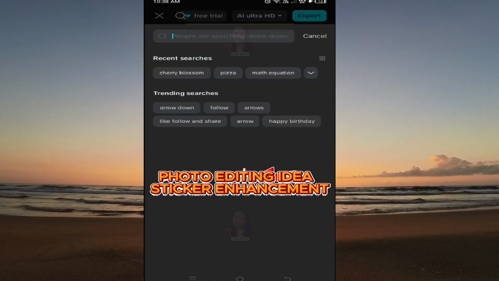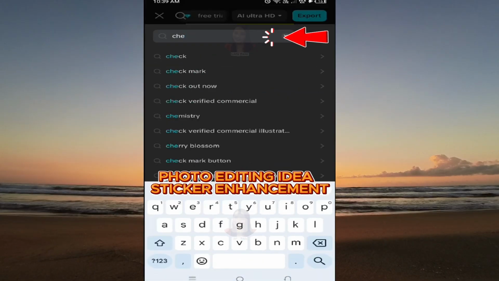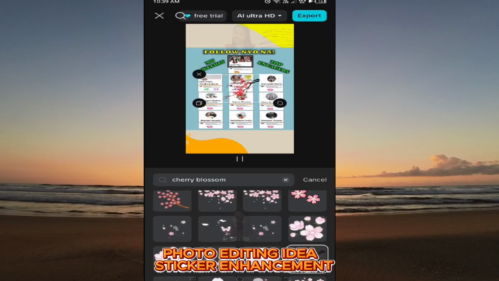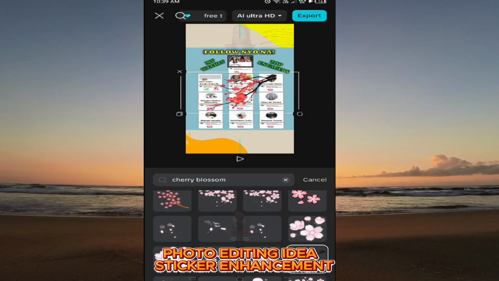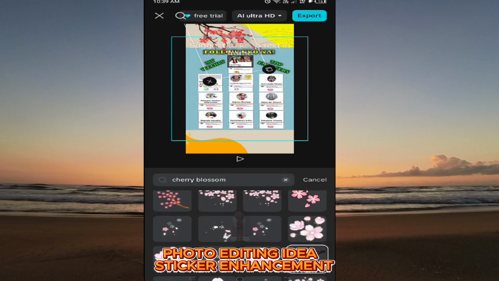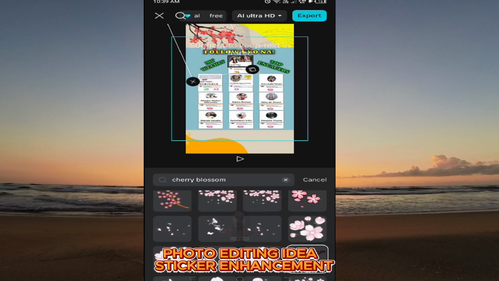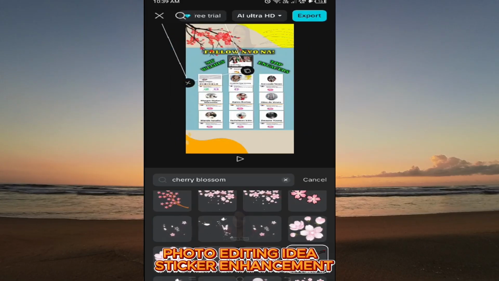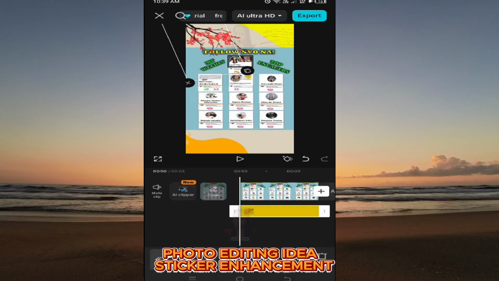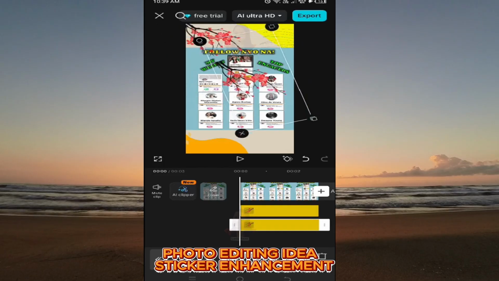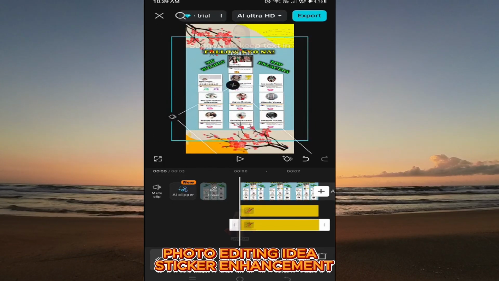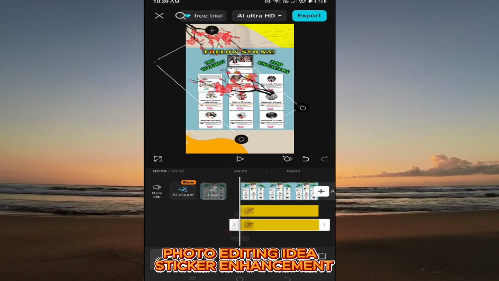And then today we will be adding some stickers para naman maiba. Thanks to our mentor, Miss Domi Ann Herrera, for sharing this. Let's choose the cherry blossom thing. Iayos nyo lang po. Yan, ng ganyan. And then if you wanted to have a duplicate of it or another thing for the cherry blossom, you can just click this. There it goes. And then ayusin nyo din lang. I-rotate nyo. Ganyan.